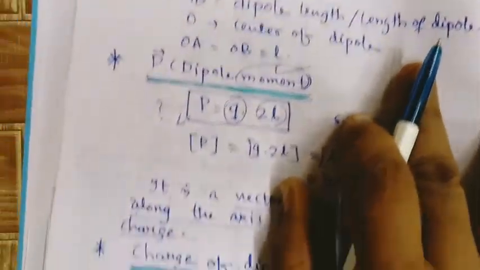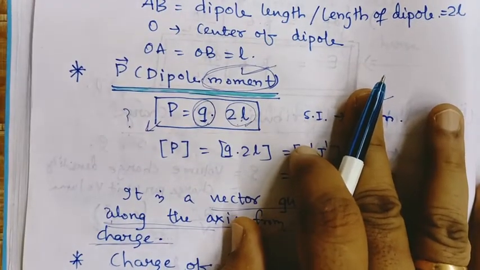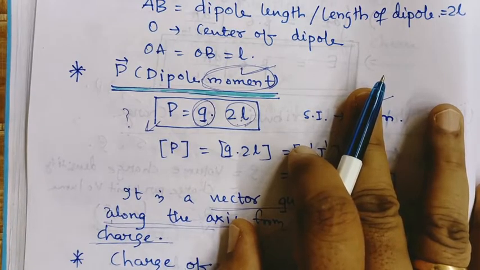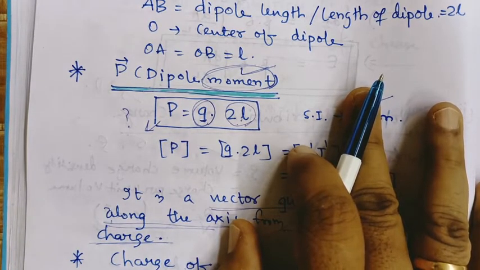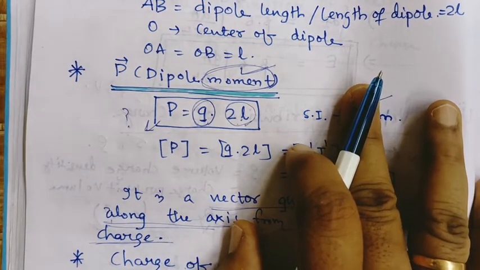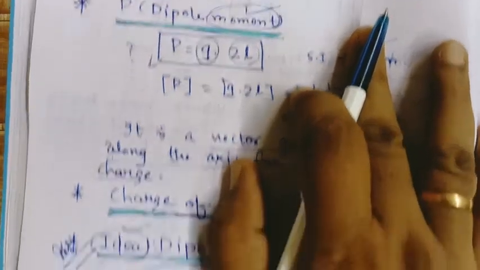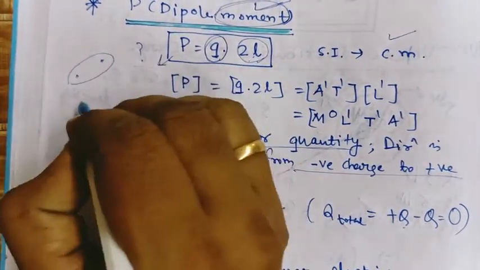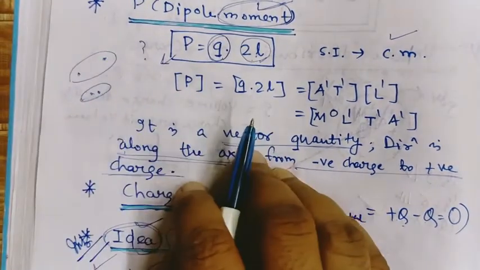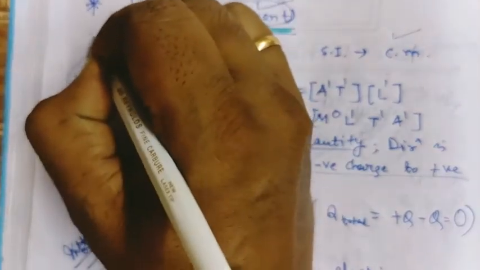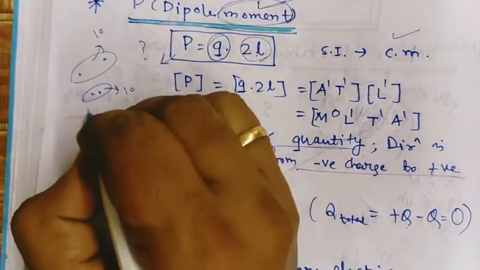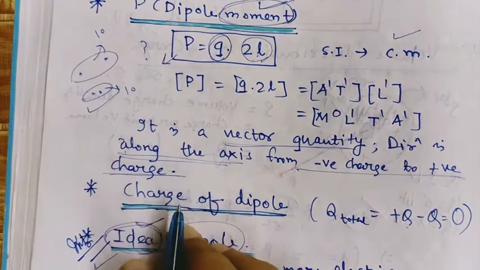Think of two boys. One boy gives the result within 1 hour. Another boy gives the result in 3 or 5 days. Which one will you prefer, 1 day or 1 hour? Similarly, here there are two dipoles. One dipole's gap is so large, the other's gap is so small. This one gives an electric field of 10 units, and this one also gives 10 units. Which one is preferable? This one, because it is portable and its size is so small.